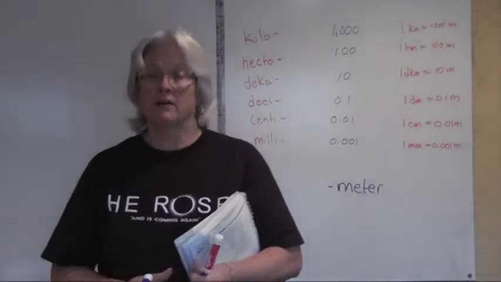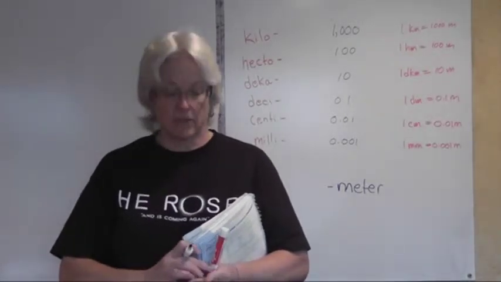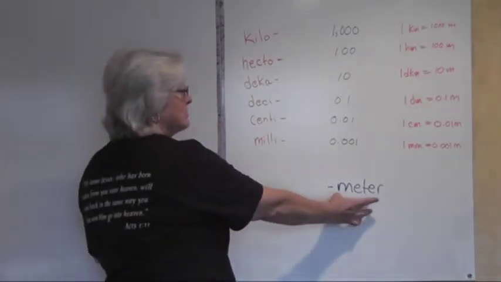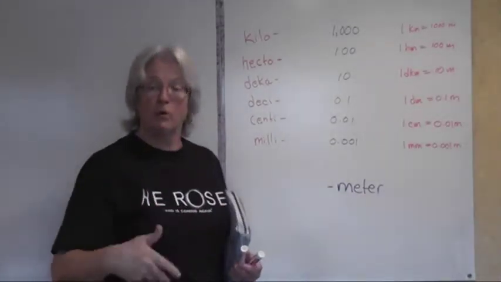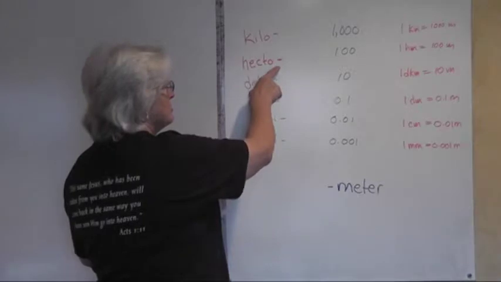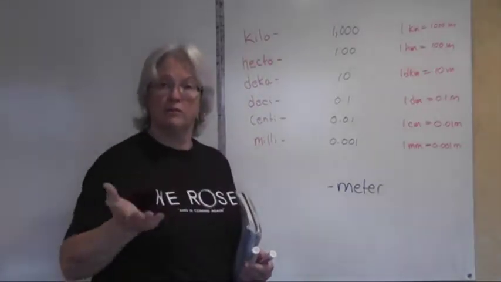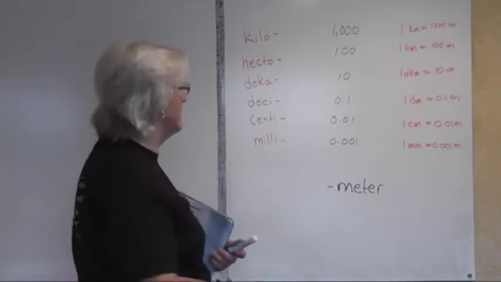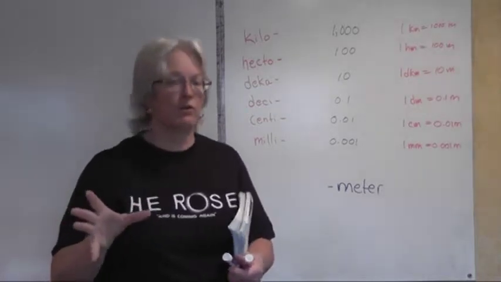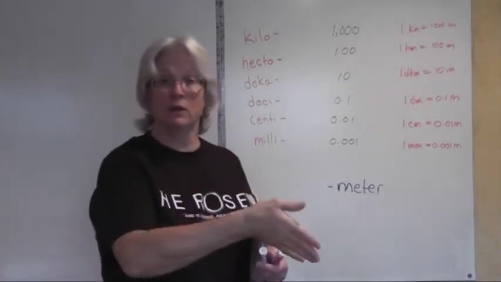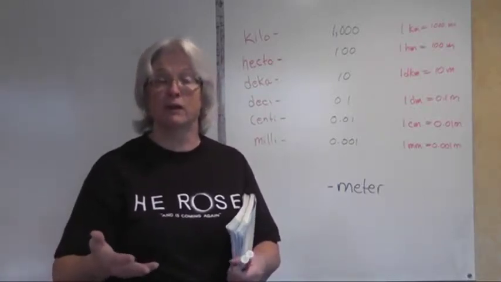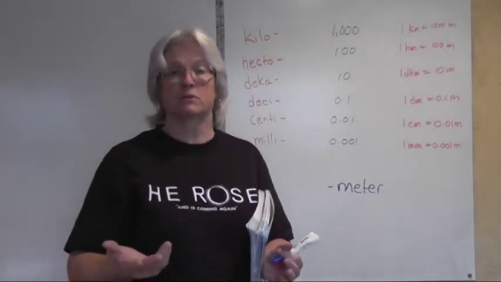What we find so neat about using the metric system is that to go from your base unit of length, which is a meter, you can multiply by 10 or 100 or 1,000 to get larger units of measure. You can divide again by 10, 100 or 1,000 to get smaller units of measure. That's what makes it so easy to go from perhaps millimeters to kilometers. You're just multiplying by what they call a power of 10 or some factor of 10, multiplying by 10 to the 6th, which is 1